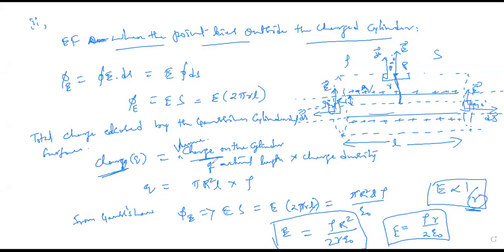So we are writing the total charge enclosed by the Gaussian surface. How you got this total charge on the Gaussian surface is with respect to the actual cylinder, so it is already there. That's why we are getting it. So I have written the total charge Q equal to the volume charge on the cylinder of actual length, or volume of cylinder of actual length into charge density rho. It will be pi R square L into rho. Okay, no problem.